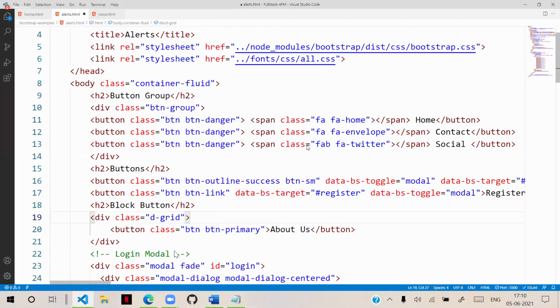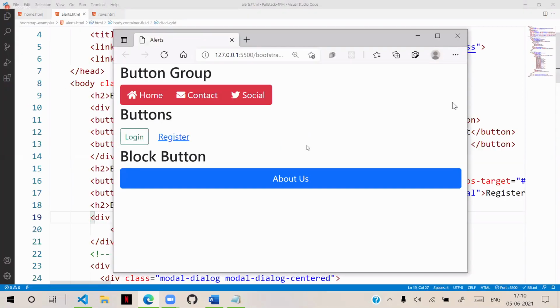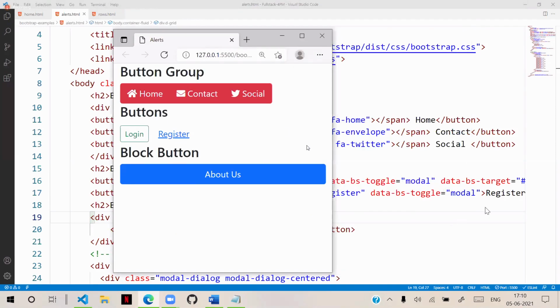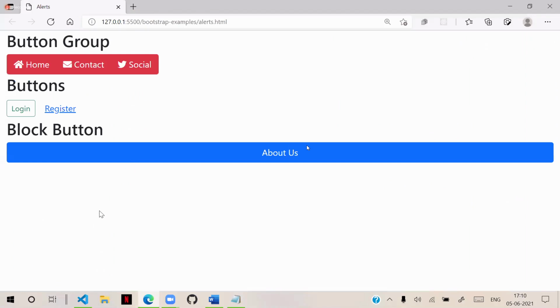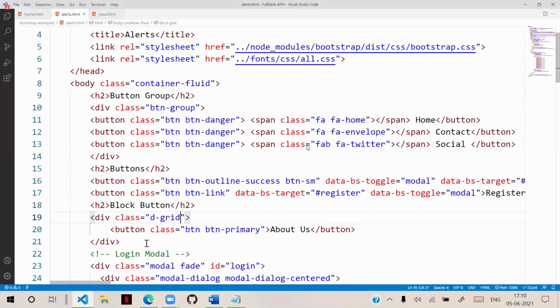If you keep display grid, it will fit the button to the window size. If you are using a dialog, it will fit in the dialog. For that, we have to keep it in a separate div and define it, using this additional option. Earlier we used BTN block, but now we have to use display grid.